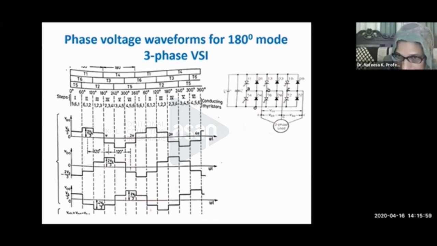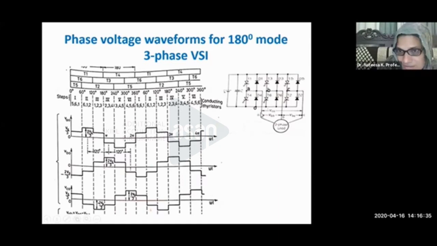So in each interval we can see that either one thyristor from the top group and 2 thyristors from the bottom group will be conducting, or 2 thyristors from the top group and 1 thyristor from the lower group will be conducting. So by considering the turn on of the switch, suppose in the first interval T1, T6, T5, if you are turning on T1, we can see that the voltage coming this side is